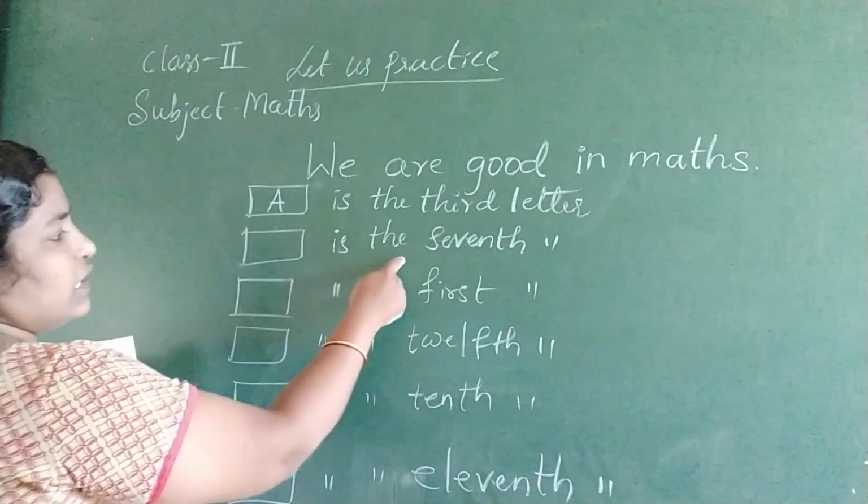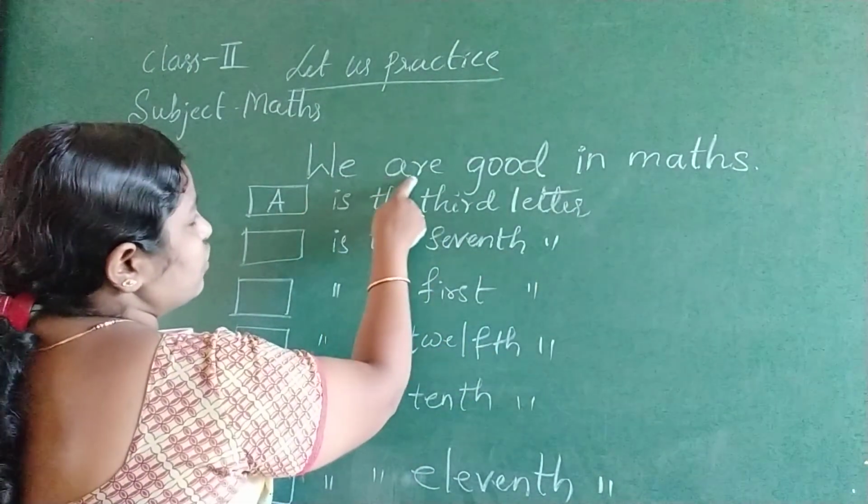Which is the 7th letter? First, 2nd, 3rd, 4th, 5th, 6th,